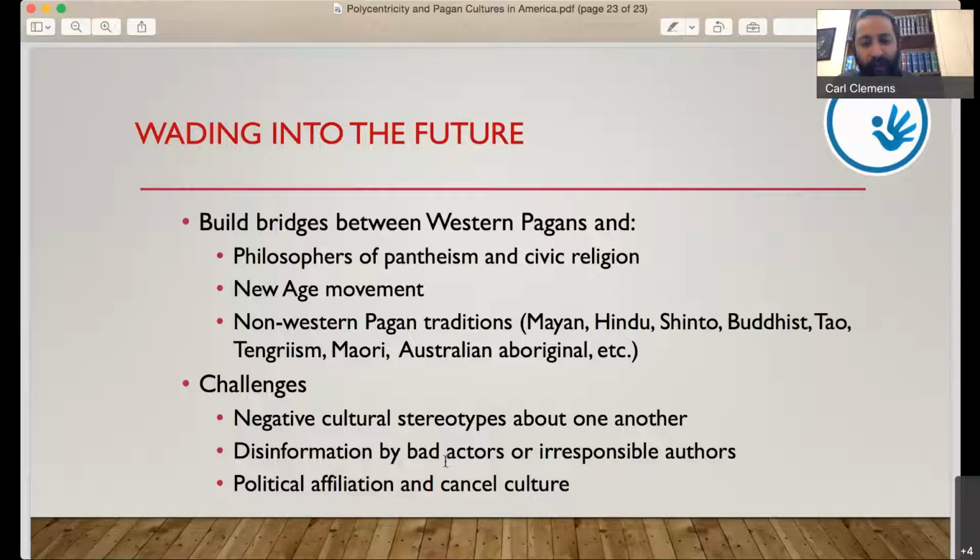Bad actors, because in the political space, people might not want to see all these traditions coming together. So they'll put out disinformation about one and the other in order to keep them separate from one another. Political affiliation and the cancel culture don't help either. ICHRRF also has been targeted in this war of information. This information warfare is being